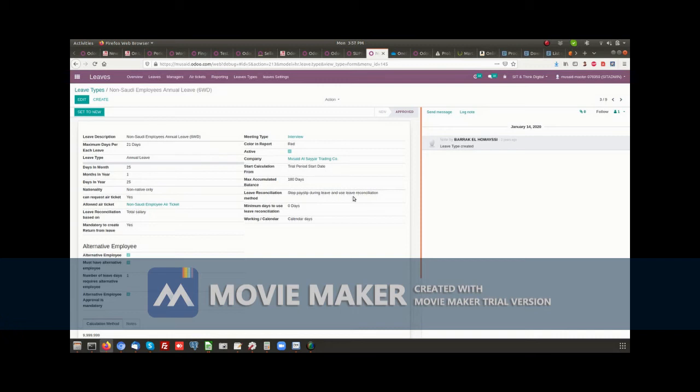Okay. And when he can apply for these leaves, we can define here: start calculation from trial period start date. If the employee joins our company and is on probation period, can he apply for these leaves? No. Or you can change it to after the trial period. Optional. Our policy: you will not start in probation. Even you must complete the probation period or the extended probation period. هنا حطينا انه ما يقدر يستحق اجازه، ما يبدا يحسب اجازات او مو يحسب يطلب اجازاته الا بعد تعدي